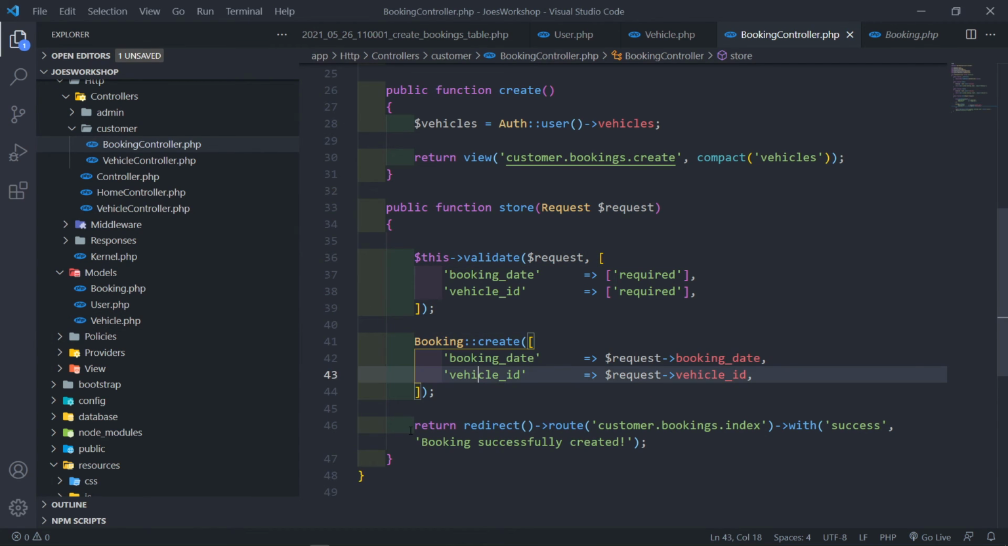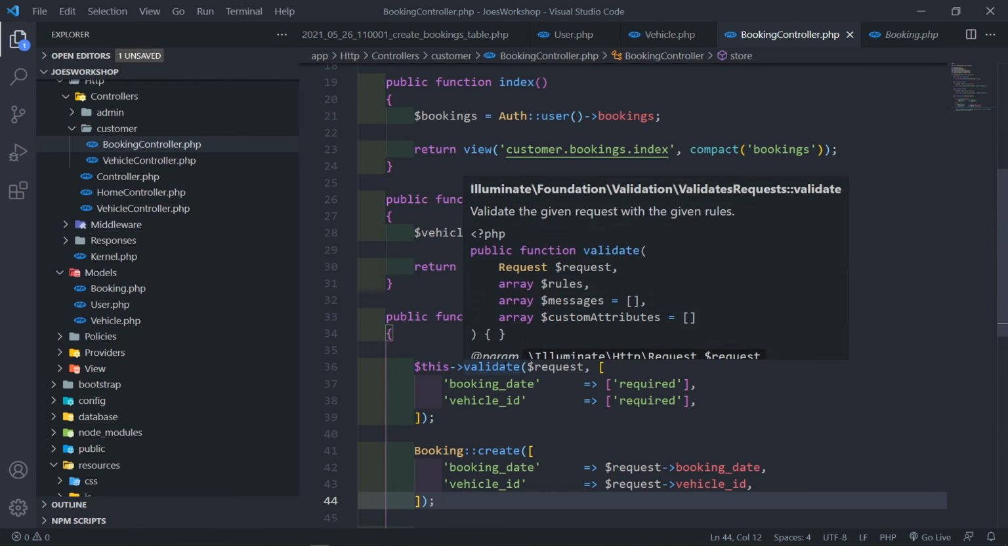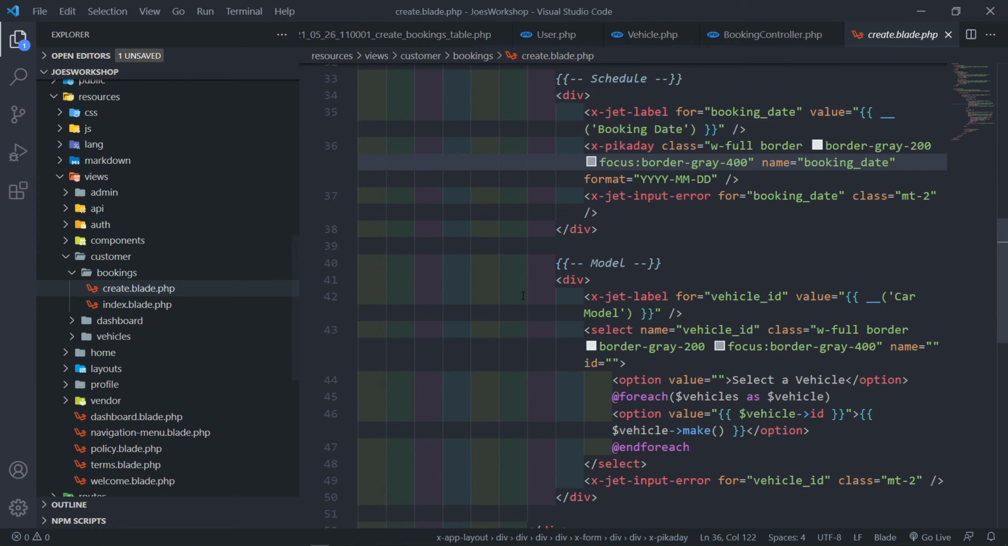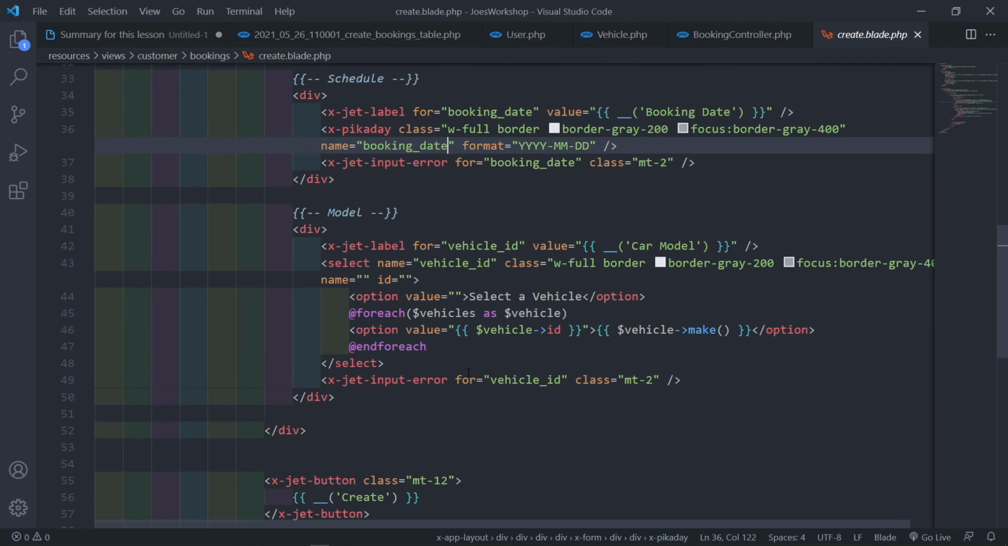Obviously, then I return it, redirect the message with the book successfully created. Right, so that's basically our booking controller, how we've set it up here. Then inside our create method right here, just a little bit bigger,